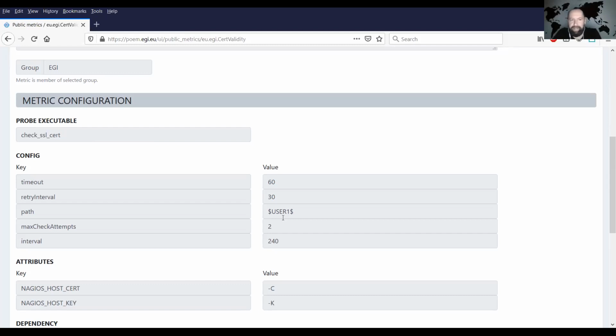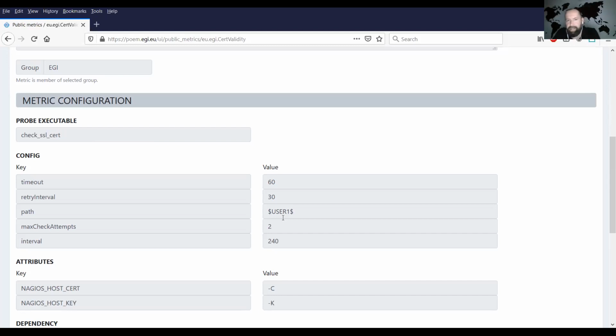Retry interval, and then the interval, max check interval. So all of these are basically parameters which tell Nagios how often the probe should be run. So in this particular case, it will be executed every 24 minutes. I always forget if it's a minute or second. It's a minute, I think. Is it the check certificate? Yeah, it's a minute. And then retry interval is if it fails, give it a little bit of chance to recover before you say definitely if it's okay or not.